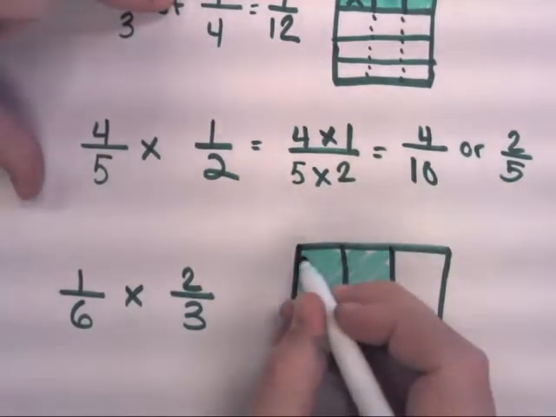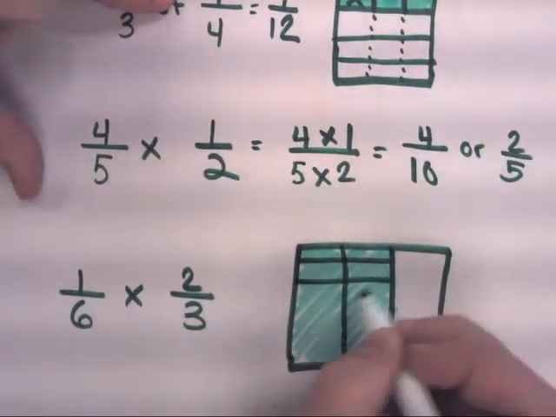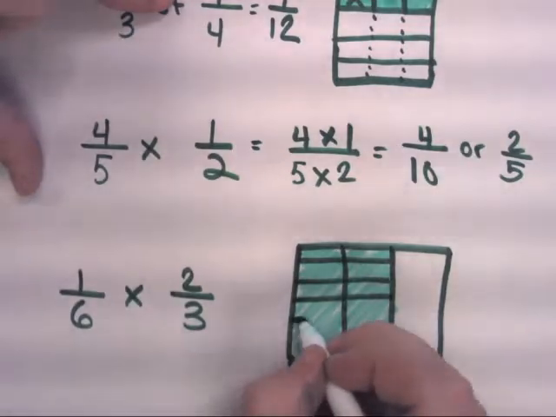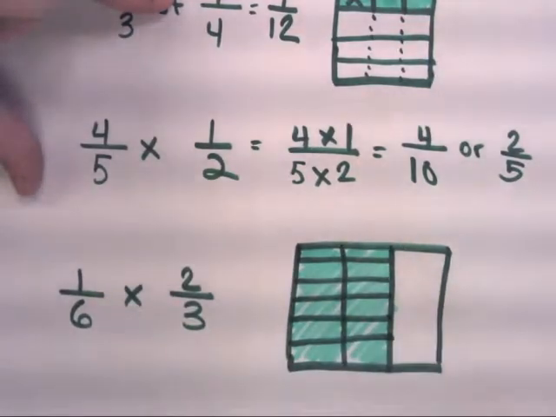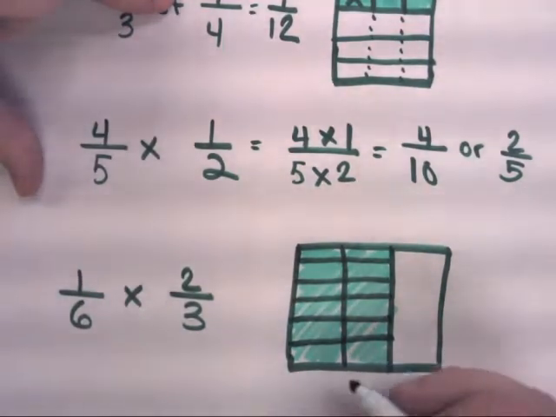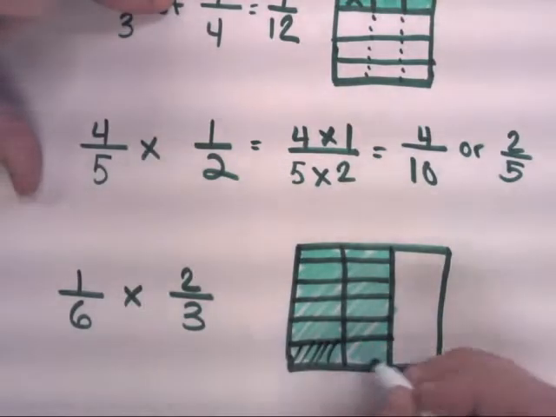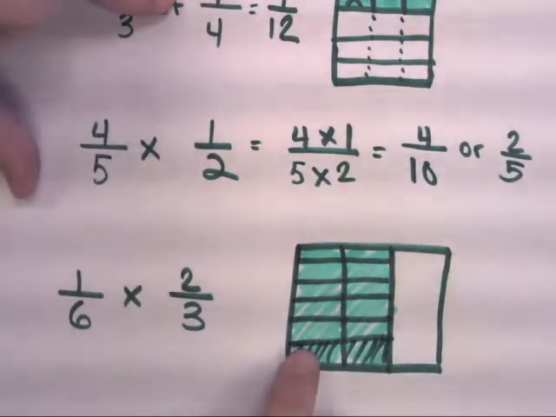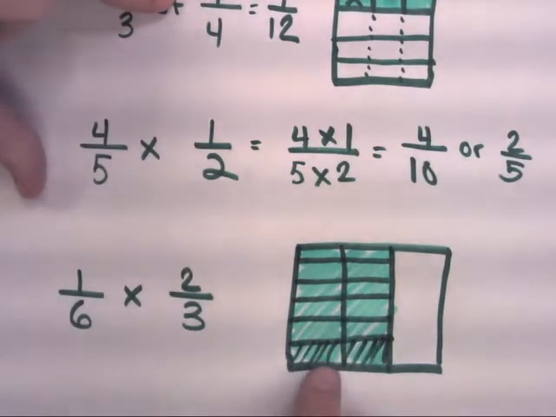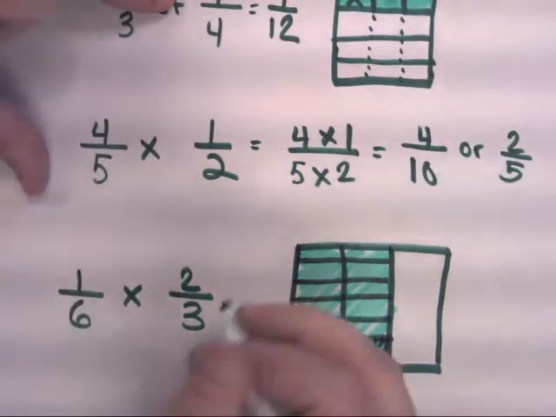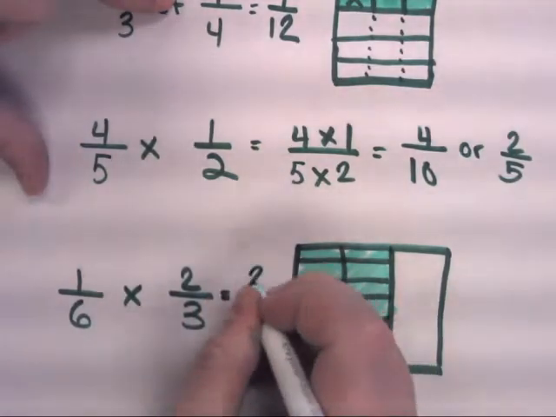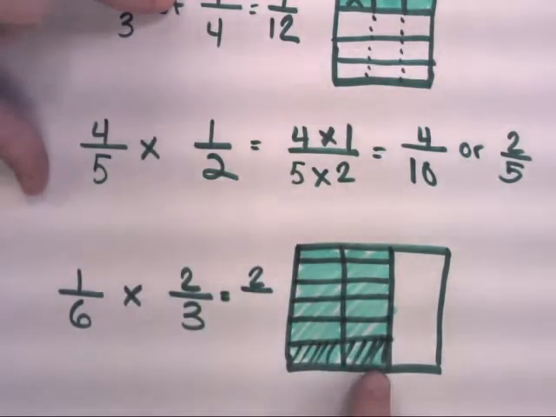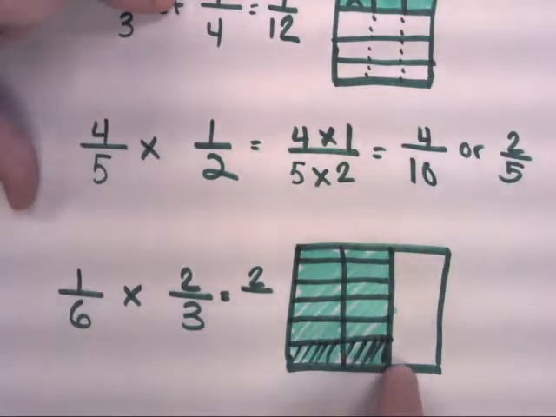So I'm going to break those 2/3 into 6ths. And I want to find what 1/6 of those 2/3 would be. So 1/6 of 2/3 means I could consider 2 pieces, and each of these pieces are going to be a 1/18